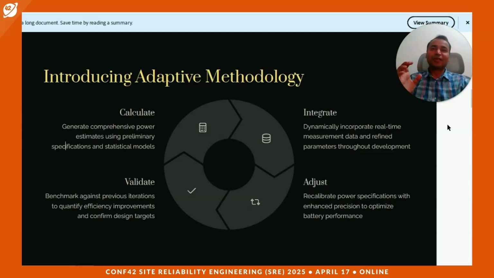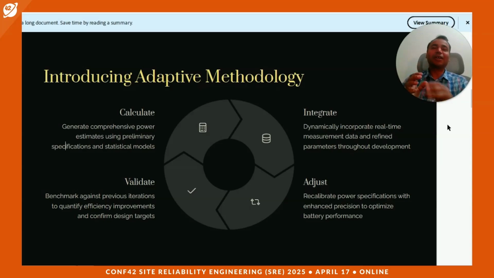But when we are moving forward, we are not able to do enough clock gating. Can we change those kinds of parameters and do the recomputation? Adjusting those power specifications and enhancing the precision of those power computations will help us optimize the battery. Then we can benchmark the results against whatever test vectors we have, to see whether the improvements we have made are actually going to meet the power requirement or not,